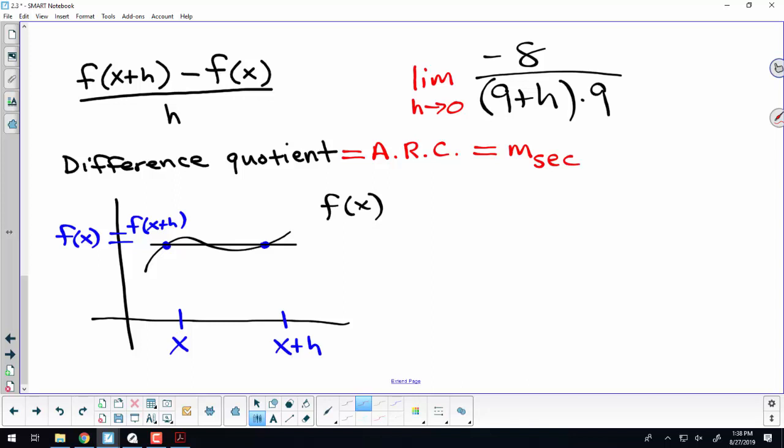The slope of the tangent line, right. So it's only once I insert this limit on the difference quotient that I get the slope of the tangent line. And that's one of the main pillars of calculus, is how we find or compute slopes of tangent lines. So this thing we'll see later is called a derivative,